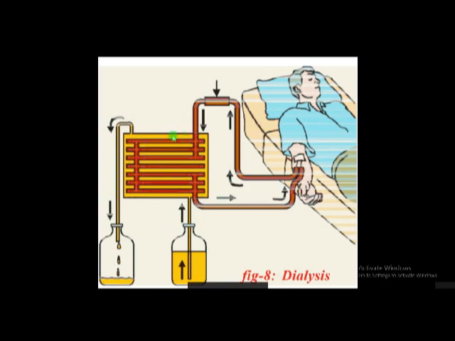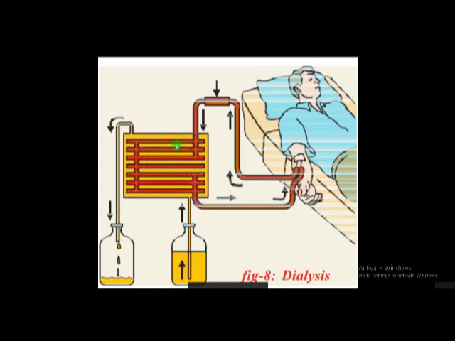If we observe the dialyzer, this dialyzer contains small tube-like structures. All these are the tube-like structures. These are made up of cellophane plastic, and this dialysis machine contains a fluid that is called dialyzing solution. This is dialyzing solution. It is just like blood except waste products. So when the blood passes through these tubes, the waste products in the blood are transferred to the dialyzing solution through the process of diffusion.